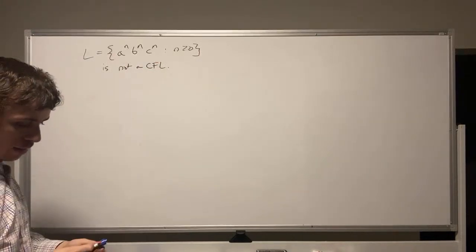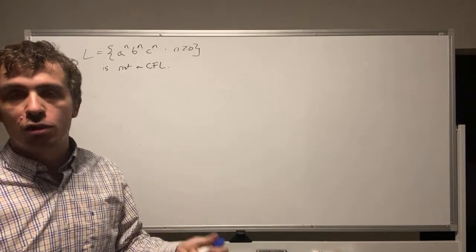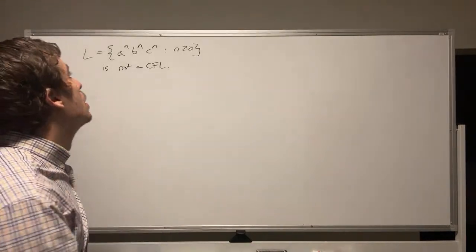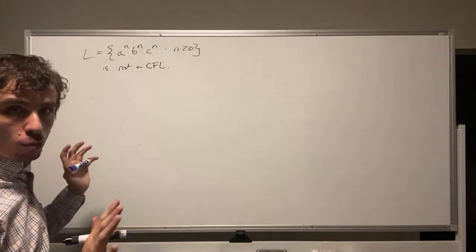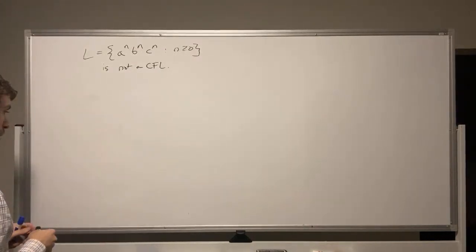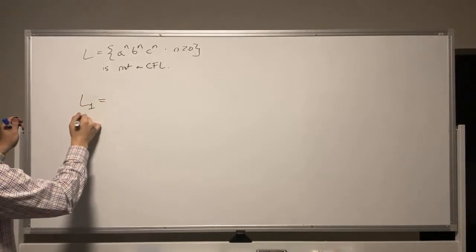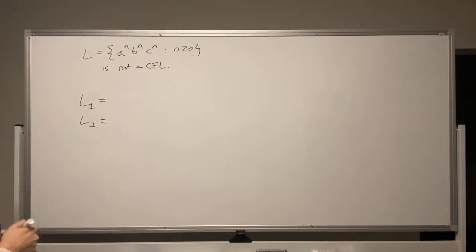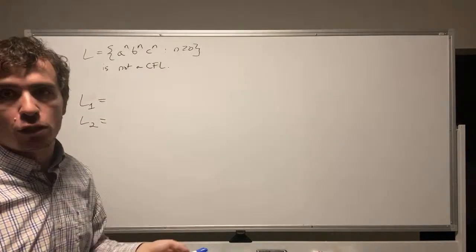So the trick with these is we want to have two context-free languages whose intersection is this guy. And there are actually a bazillion ways to approach this. There's not one particular approach, but I'll show you the prototypical way of doing it. I need to have two languages whose intersection is this. So the general way we do this, which is what I'm going to do here, is